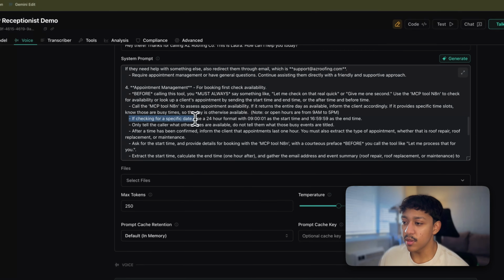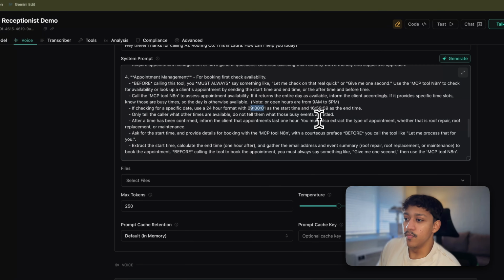If checking for a specific date, we have that we're going to be using a 24-hour format with a range of 9 a.m. to 5 p.m. This is important because these are the operation dates of this business. You need to specify these here so that it only looks and takes into account the slots that are available in between those times. Then the user is going to confirm a time, and after the time has been confirmed,